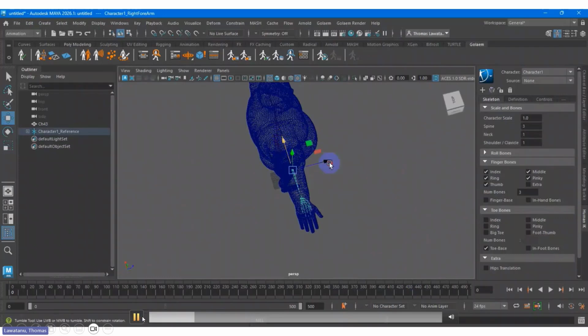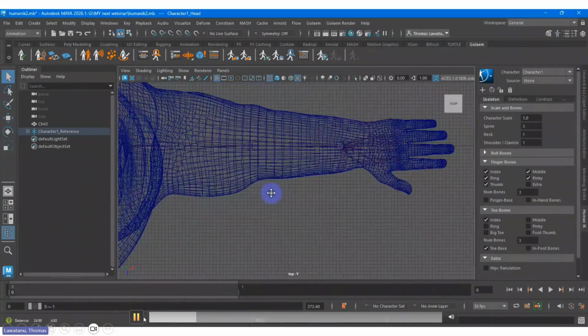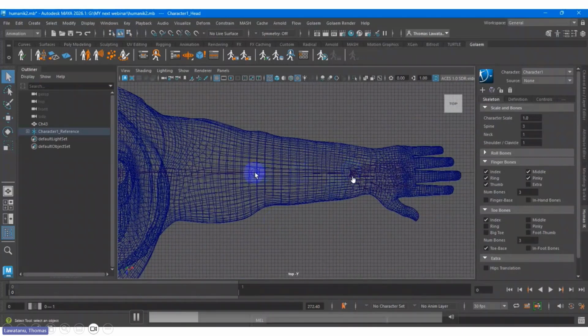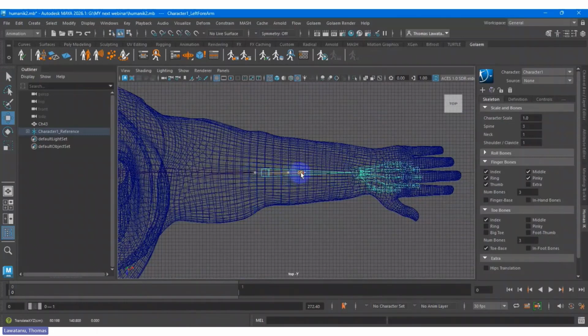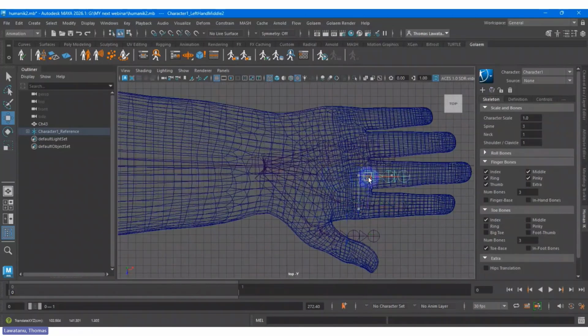Okay, let me continue. I adjust the thumb area, finger area, hand area, and so on. We need to be precise, because once you characterize your character and then want to change something, you need to repeat again from the beginning.